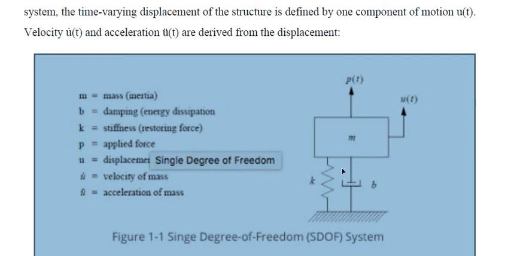Now there will be continuous vibration, and there will be displacement u of t in both directions. Suppose it takes one oscillation, the displacement u of t will be the same in the upward direction and also the same in the downward direction. At the same time, velocity is also the same when moving upwards or downwards. At the same time, acceleration also.